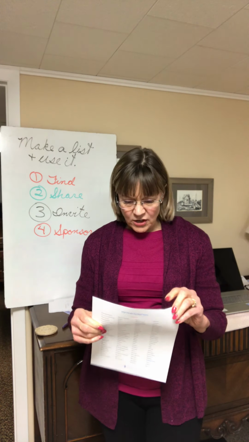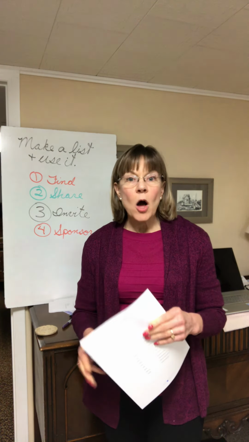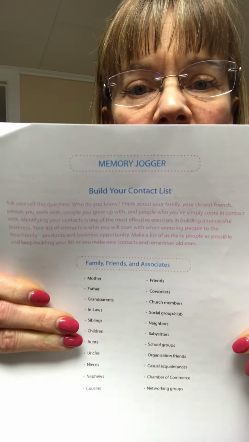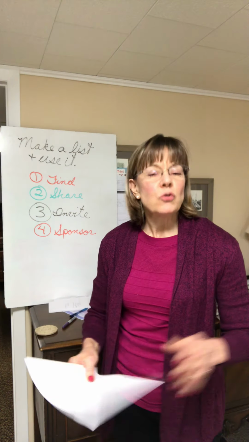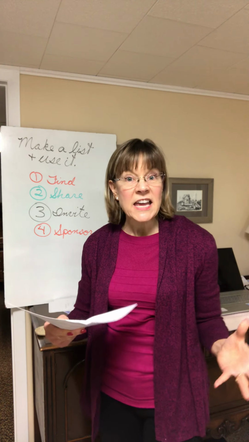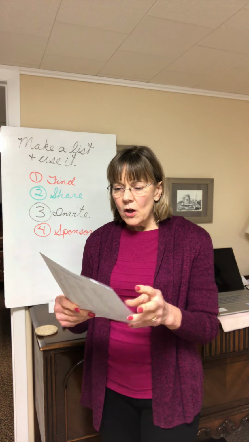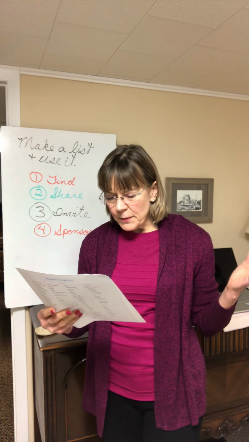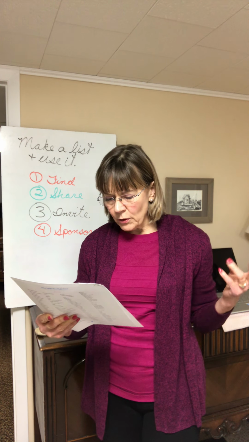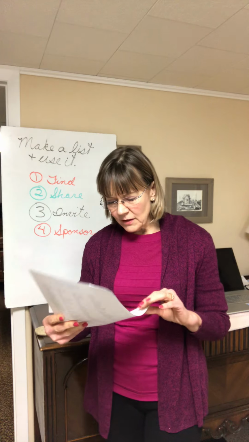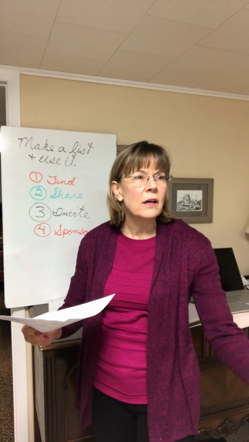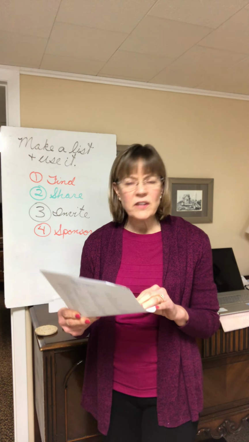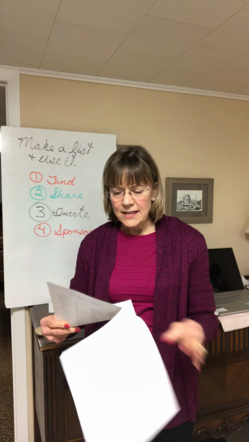So one of the things that you'll see in the coach office, and I'll put a link in this training here so you can find it, it's called the Memory Jogger. Now the Memory Jogger is a tool from the online office that helps you think of names to put on your list. So one section says like people you might know through your mother or your father or your grandparents or your in-laws, siblings, people you might know through your children. My kid's in the Girl Scouts, and so I know the Girl Scout leader. Aunts, uncles, cousins, friends and coworkers, church members, that kind of thing.